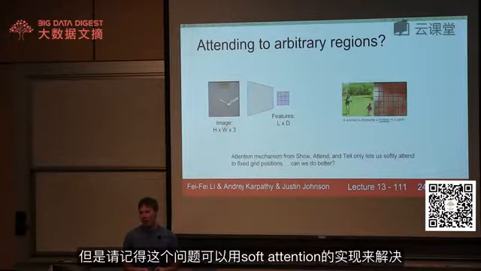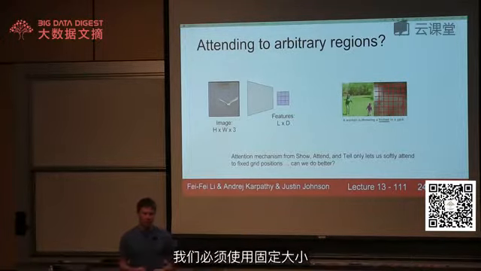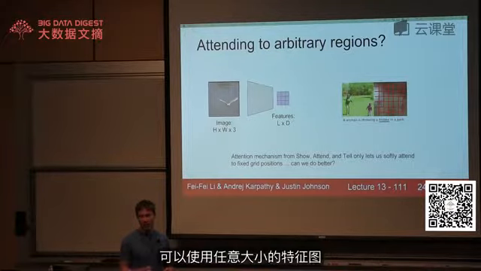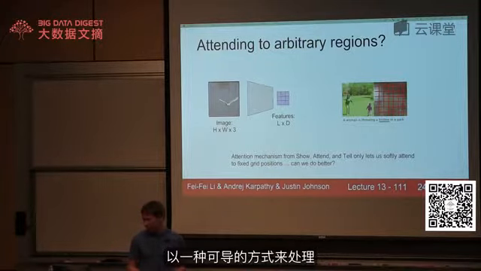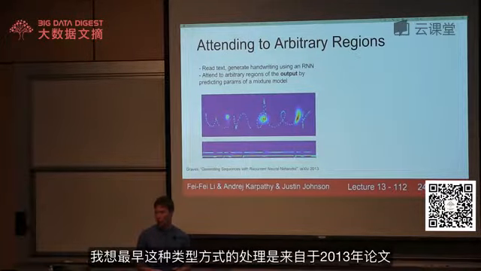But remember, we saw this problem with this sort of implementation of soft attention, and that's that we cannot attend to arbitrary regions in the input. Instead, we're constrained and can only attend to this fixed grid given by the convolutional feature map. So the question is whether we can overcome this restriction and still attend to arbitrary input regions somehow in a differentiable way. And I think a precursor to this type of work is this paper from Alex Graves back in